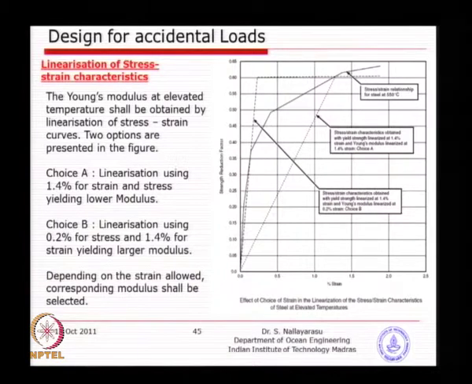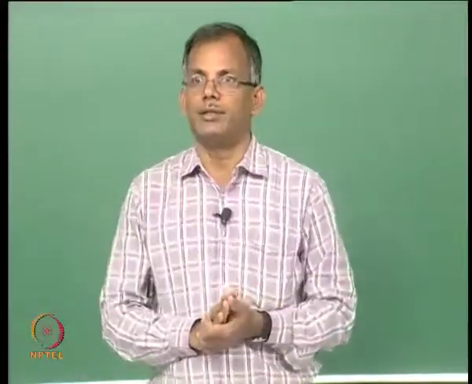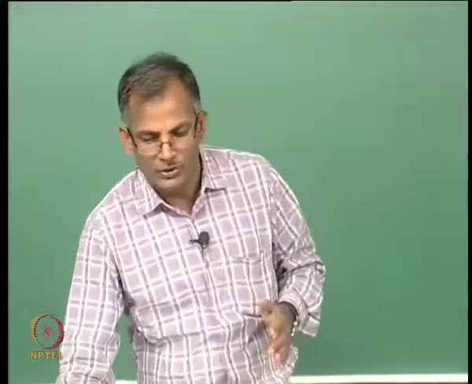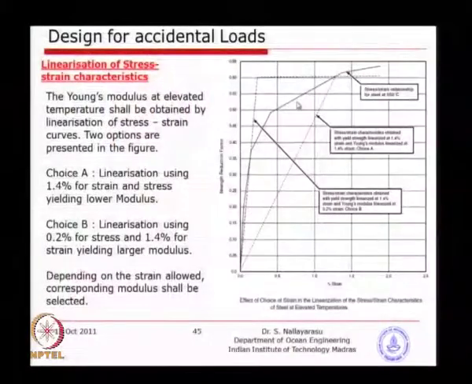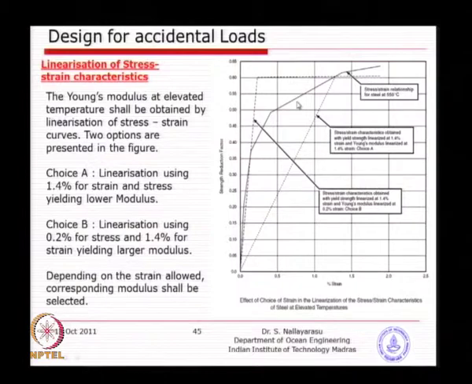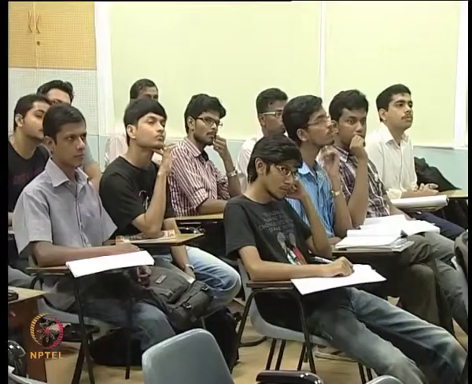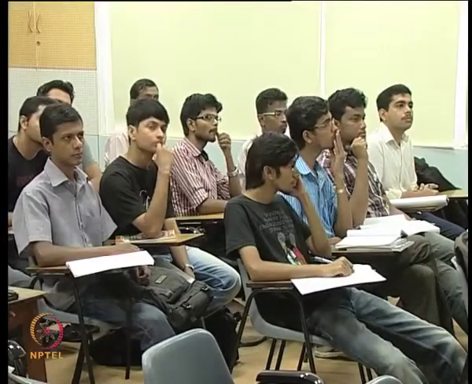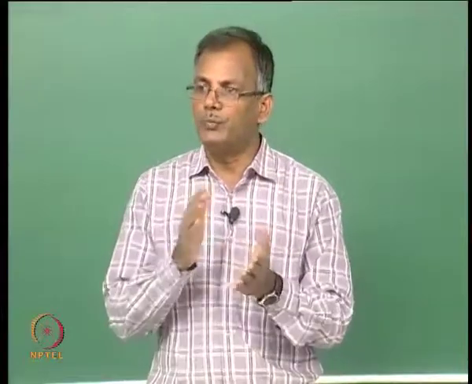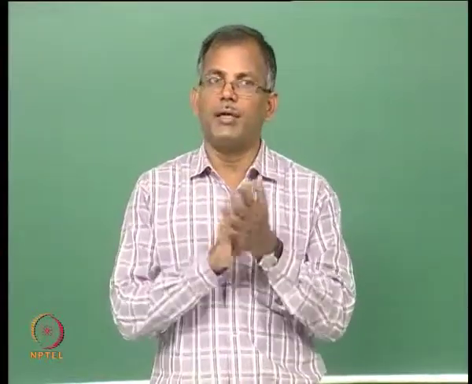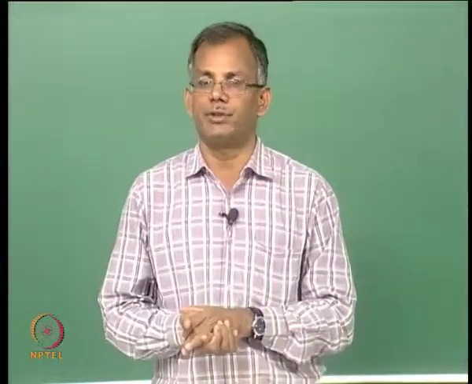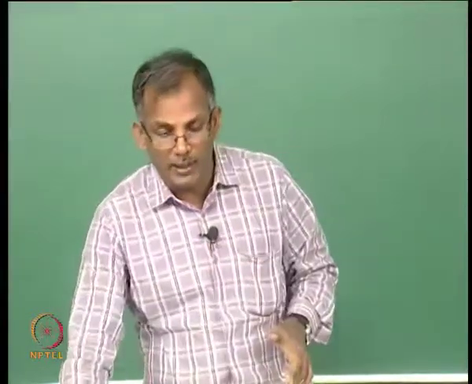But what if you do a non-linear analysis, then you do not need to assume like this. Every time you can divide the whole graph into say 10 sub segments, and take different values of modulus whenever the strains are increasing. For lower strain you will take the values somewhere here, and as the strain value is increasing, as you have a large deformation problem, you can continuously change the tangent modulus, which is easy to calculate from this graph. So, that is where the necessity of the second order or so called non-linear analysis of structures is required whenever the strain values are larger than